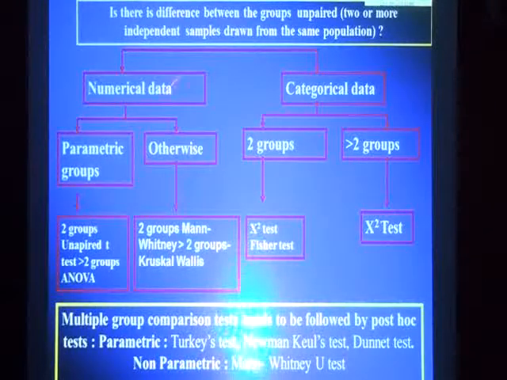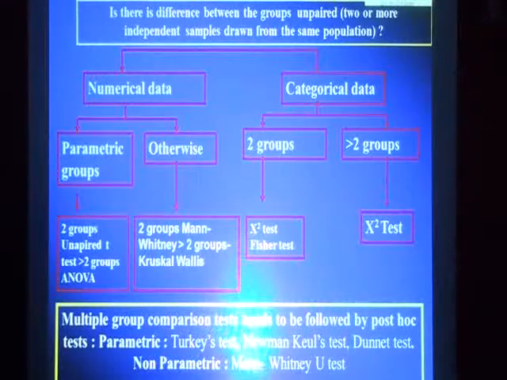I told you 2 types of data, numerical or categorical, that you will realize if you hear my long lectures, but I presume that everyone knows that. So if it is numerical data, and in numerical if it is parametric data, then in that case you have to find out whether you are comparing 2 groups or more than 2 groups. If it is 2 groups, then the test is unpaired t-test. If it is more than 2 groups,